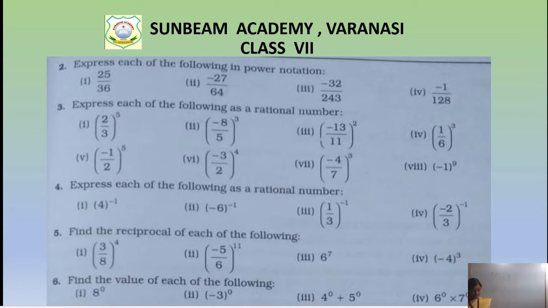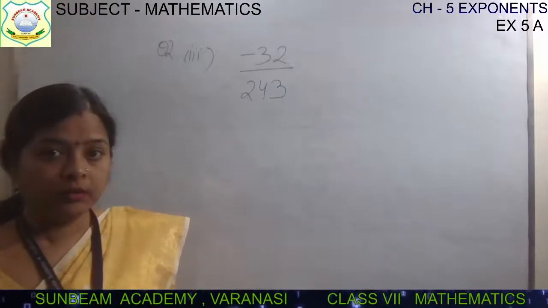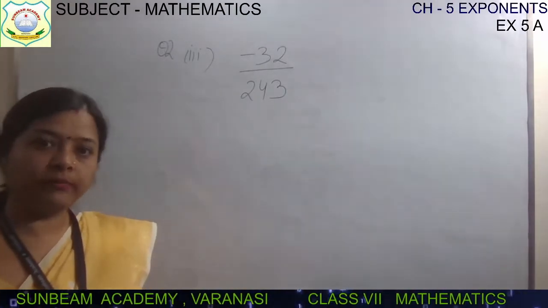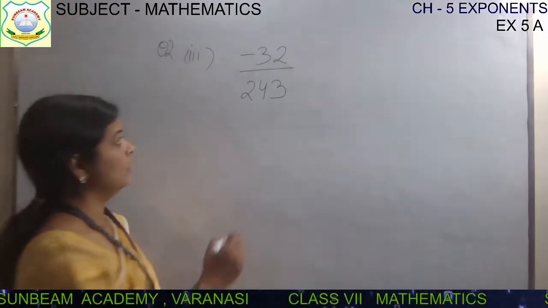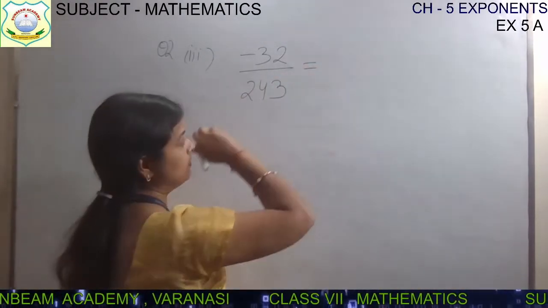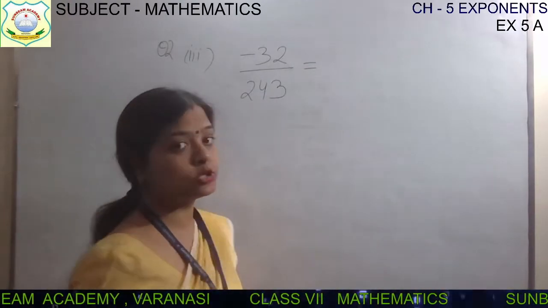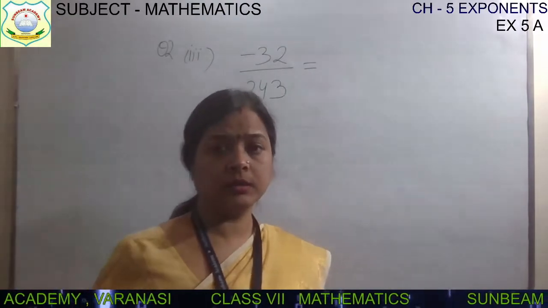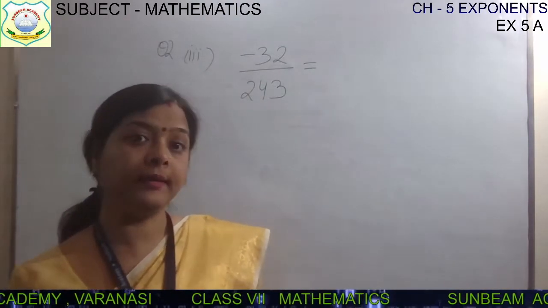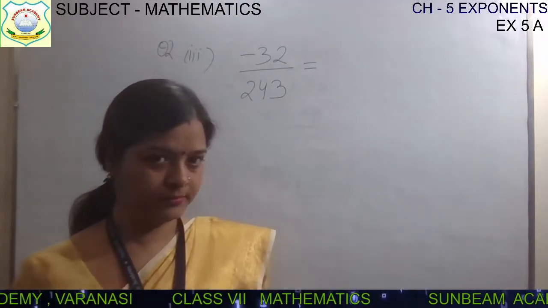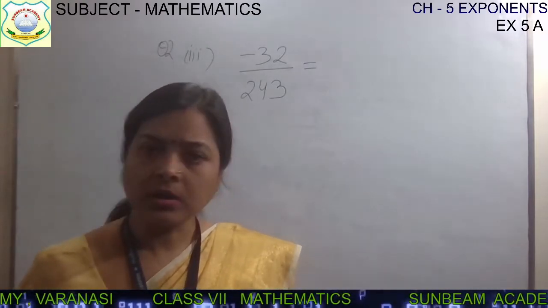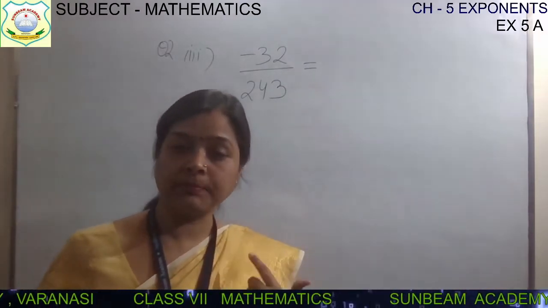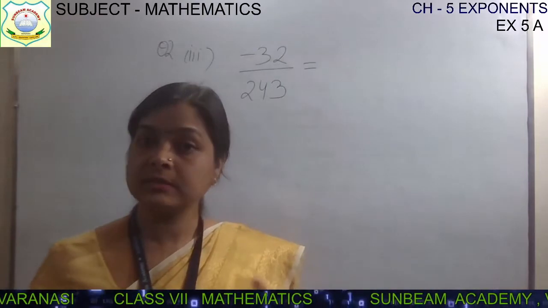And now let's see how we will solve it. Minus 32 is there, so we will keep the minus sign there. And minus 32 is what? Minus 32 can be written as 2 to the power 5. Now you may think that why ma'am is saying in direct way. Because you are beginner, how you will know that 32 is 2 to the power 5? 2 to the power 5 is equal to 32.